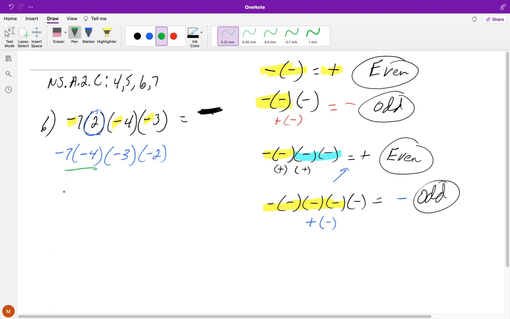And -7 times -4 is going to give me a positive 28. And now I'm left with times -3 times -2. Now I'm going to do 28 times -3. Well, 20 times 3 is 60. And 3 times 4 is 24. And 60 plus 24 is 84. And we know that a positive times a negative will give me a negative. So it's -84 times -2. And then our last one,